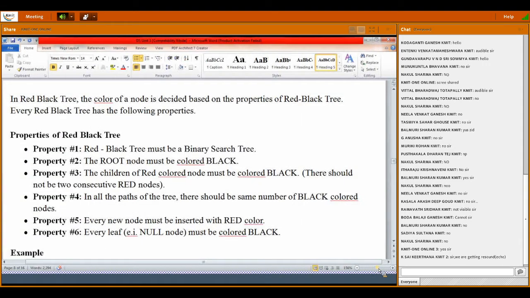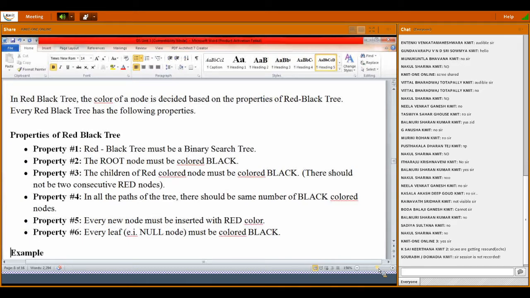The first property is that it should satisfy the BST properties. And the second property is that the root node must be colored black.